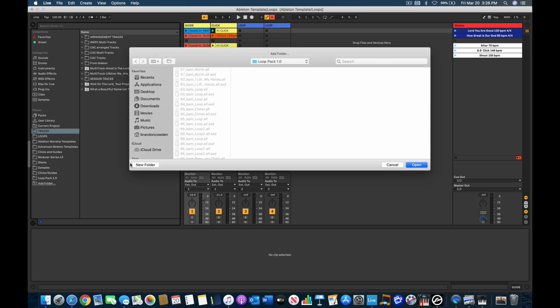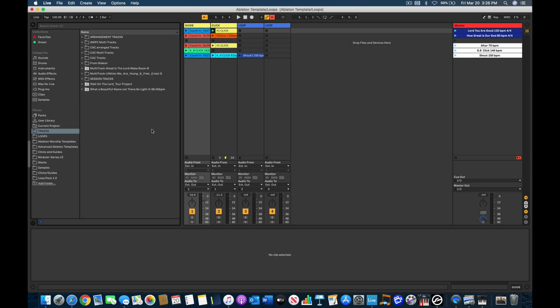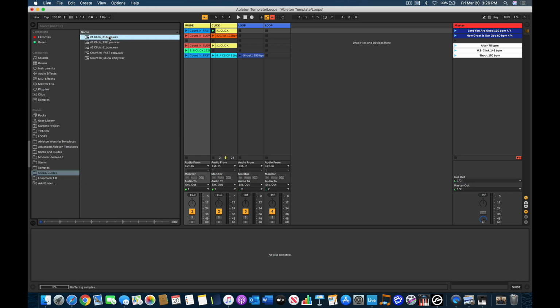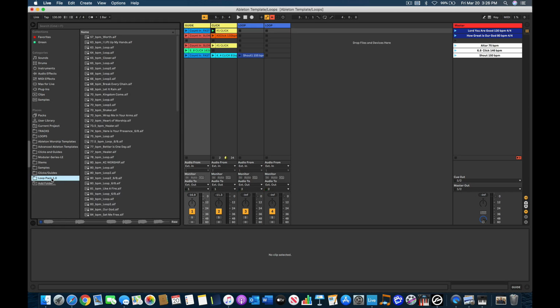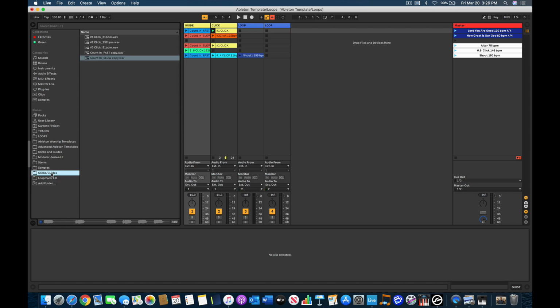I'm going to add another folder, and I'm going to do the same thing, but to the Clicks and Guides. So I'm going to double click that. Now I have Clicks and Guides and Loop Pack. Okay, so now when I click that, you'll see there's the number 1 click, number 2 click, number 3. Those are your guides, your count-ins, and also the click tracks